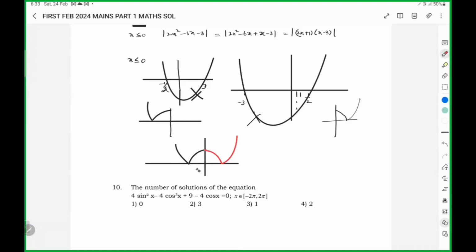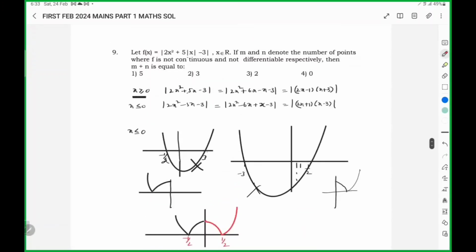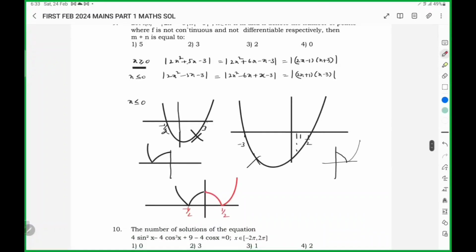Now here it is very obvious that at 0 both become mod of 3, mod of minus 3, so f is continuous